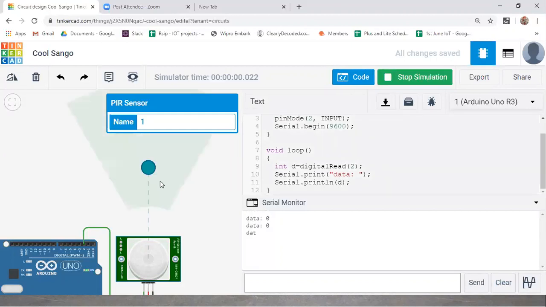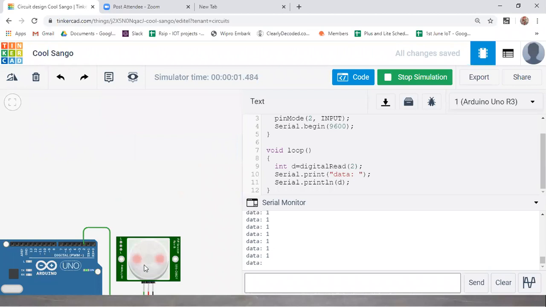Okay, so you are getting data as 0 because previously there was no human, so that is what you are getting, 0. Here you could see some human is present, so that is why you are getting the data as 1. If you move, you are going to get 1. So the pulse has been detected as 1, so that is, a human has moved in front of this particular PIR sensor. That is what you are going to get, guys.